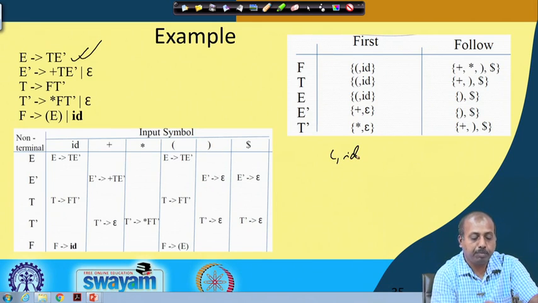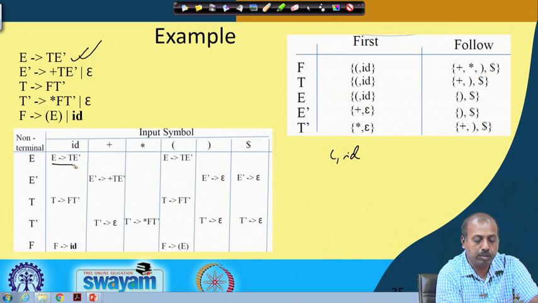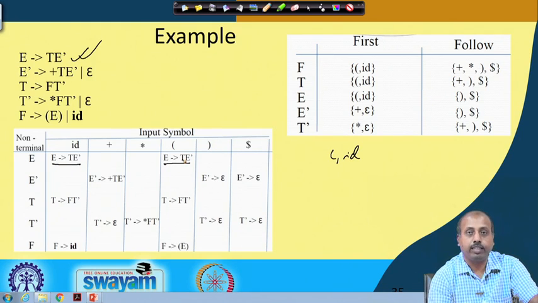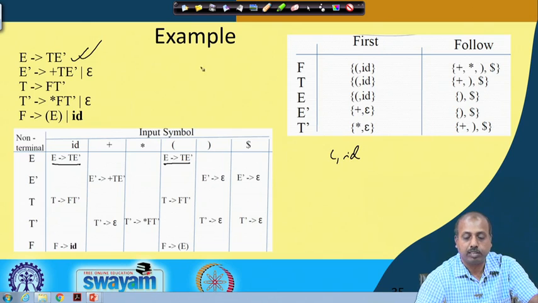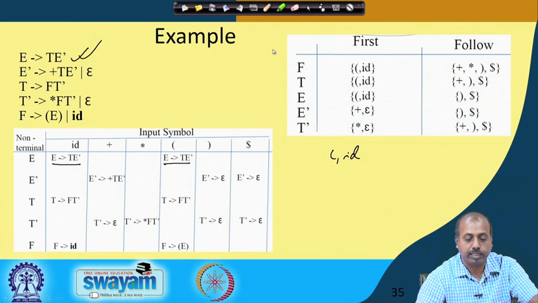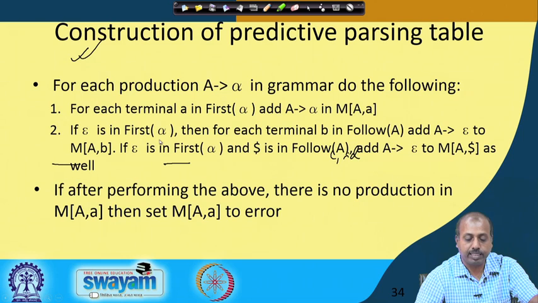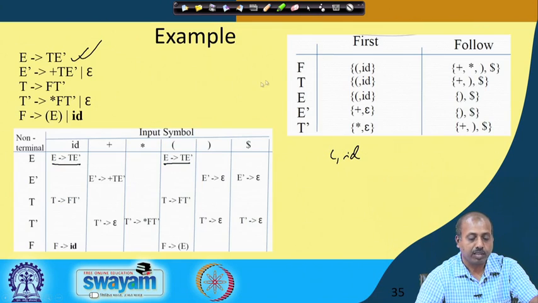Okay. So, in bracket start and ID we add this rule, E producing T E dash, added here and here, fine. Then we have to see whether first of T dash contains epsilon or not. As for the second rule, it says that we check whether epsilon is in first of alpha or not. First of T does not contain epsilon, so there is no question of first of T dash containing epsilon. So, the second rule is not necessary.